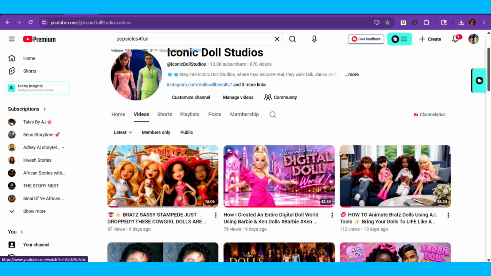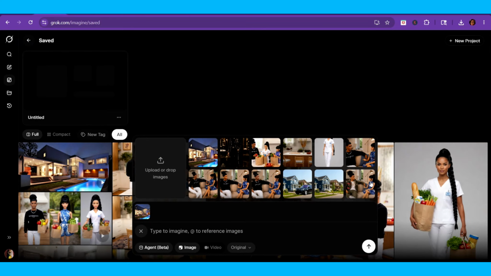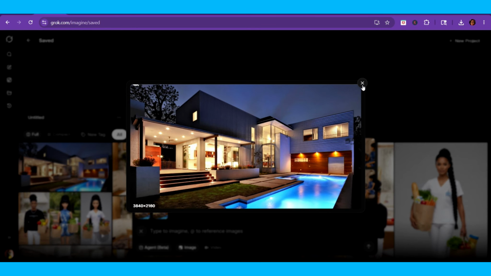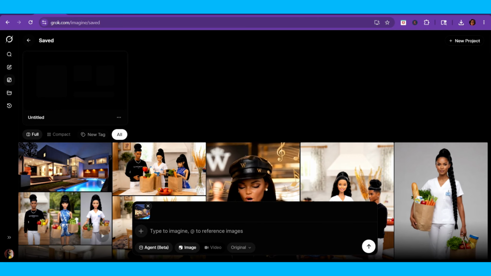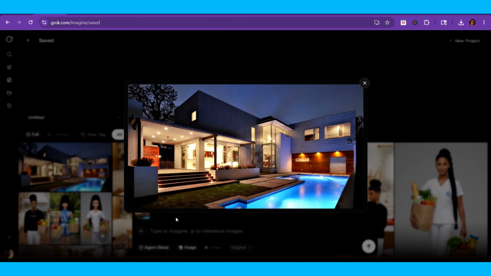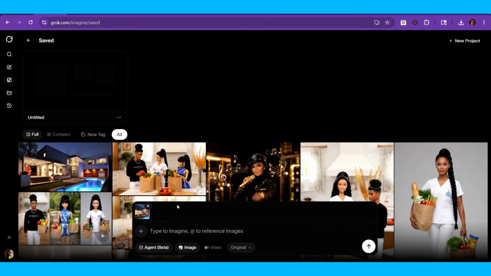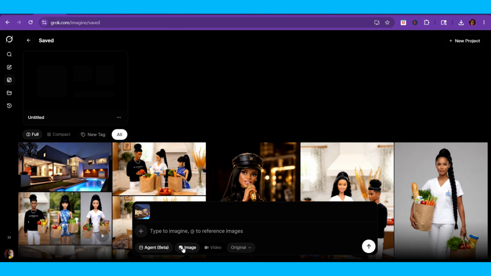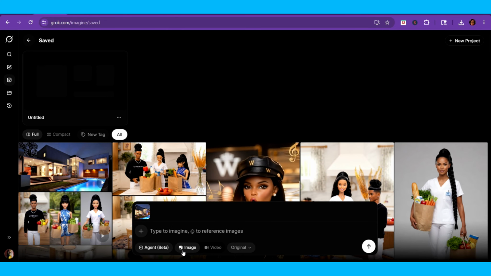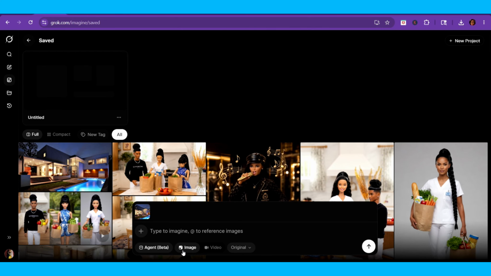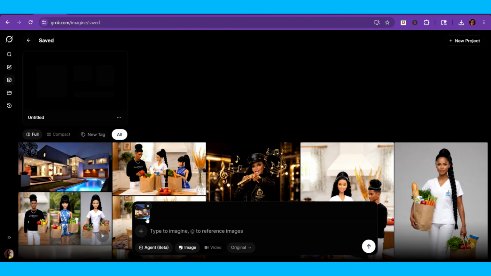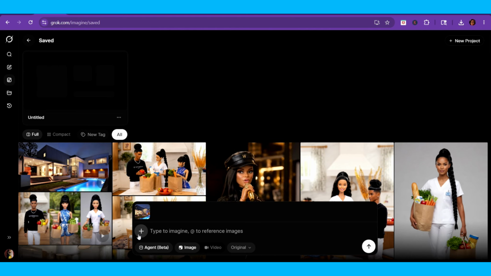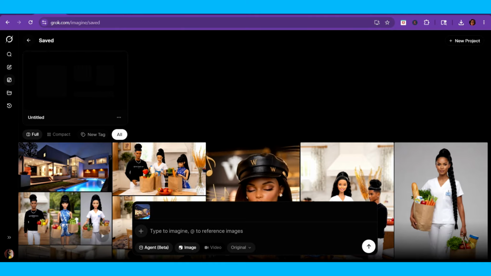So the first thing we want to do is go back to Grok AI. Okay, so we want to get the house, right? This is the house. I removed the watermark. So we want to put Barbie and her friends in this house, right? Make sure it's an image because you want to create an image with them near the house or in the house. Or what I could do, the fun stuff you can do is I can say create